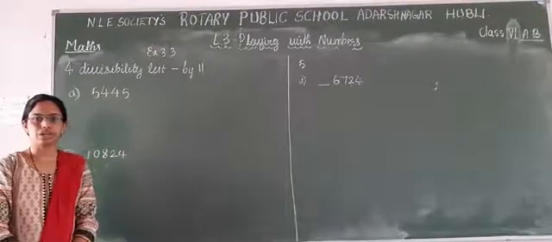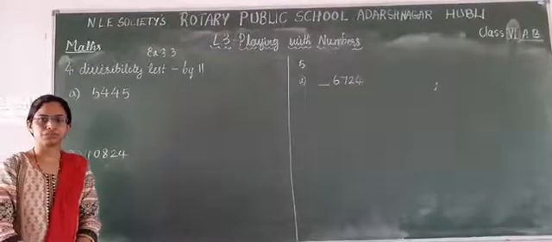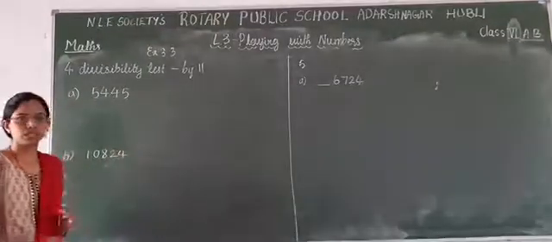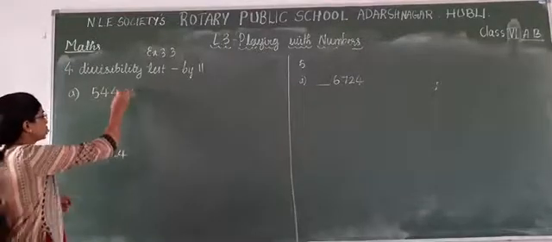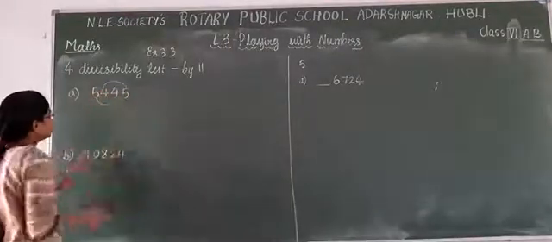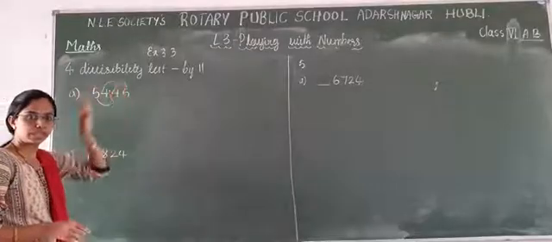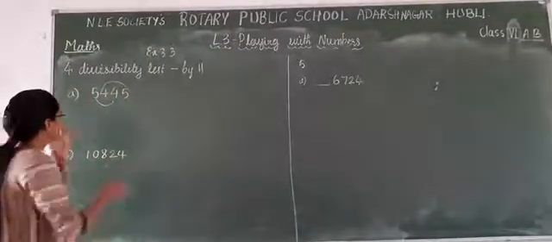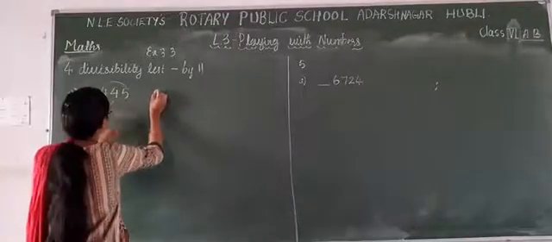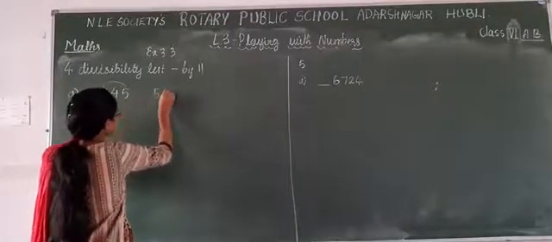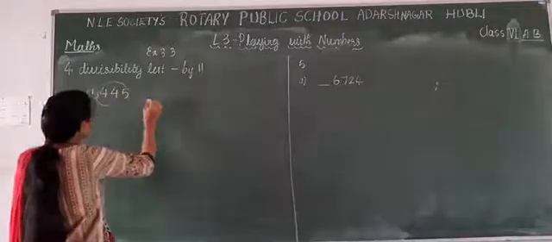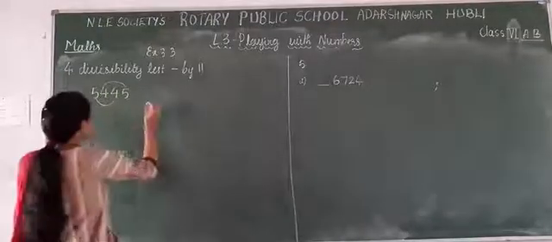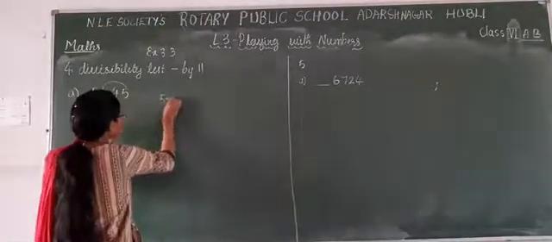Divisibility test of 11. Determine whether the following number is divisible by 11 or not. So how do you check? When you add the digits from the odd places and even places, the difference between these should be either 0 or 11. Then that number is divisible by 11. So the difference of the sum of digits of a number in the odd places and even places. First we will add the numbers.